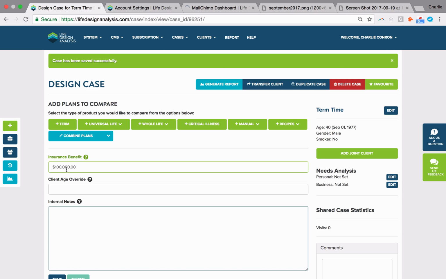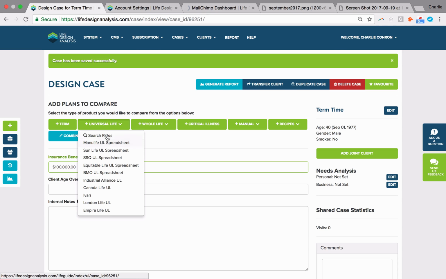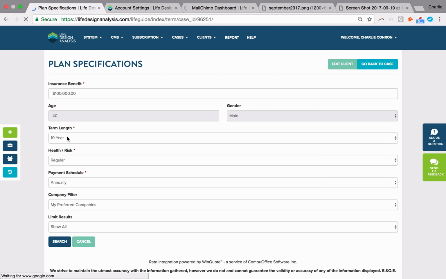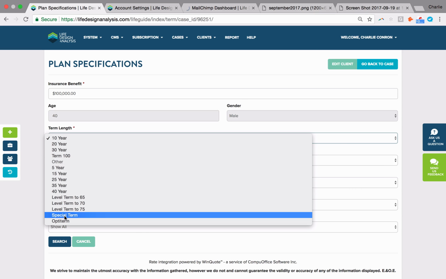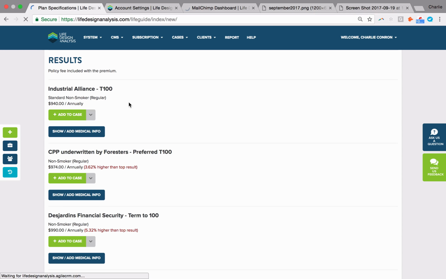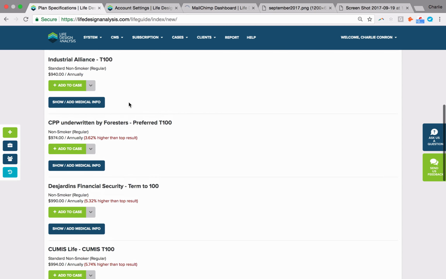So I've got $100,000 in there. Usually when I do this, I do a minimum funded UL and I search for rates. You can still do that in that case. The advantage there is we can always add cash value. We also have our classic Term 100 products as well. So you'll see there is a Term 100 as well. And that's really the difference between min funded UL in our system and Term 100, is that you would go into term to find that Term 100. And again, you can see all the different companies that offer this.